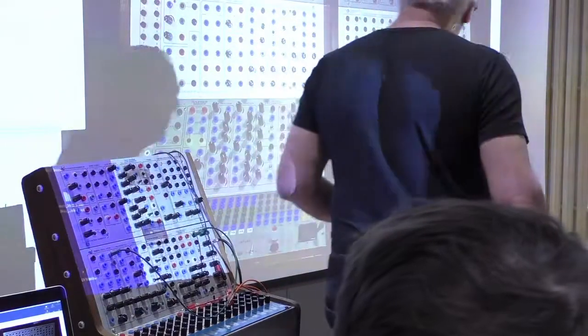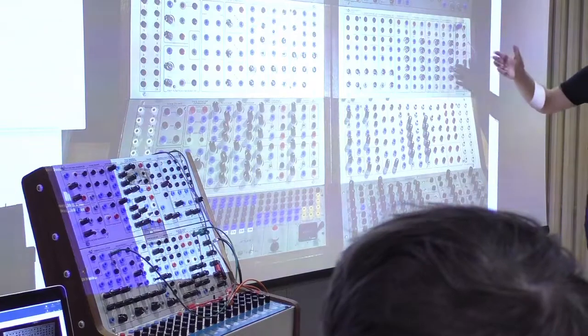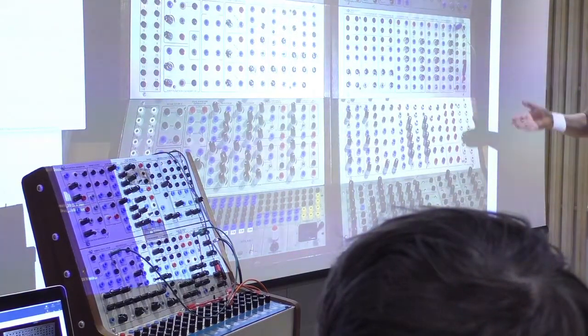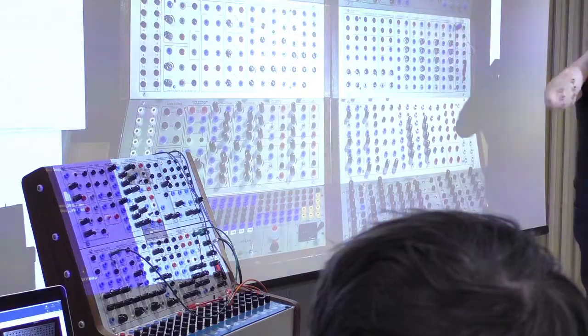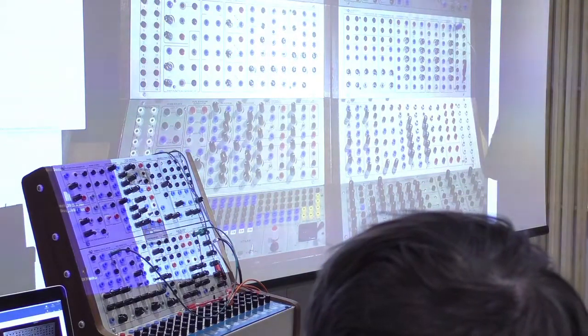came to Village Radio in 1980. This model of Serge is called the Series 79, and that's to distinguish it from the Series 73, which you can see some reconstructions of going around on the